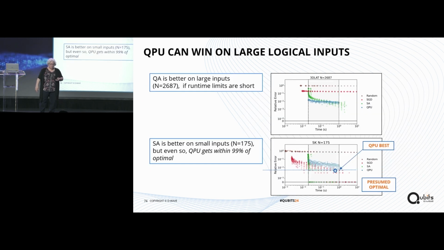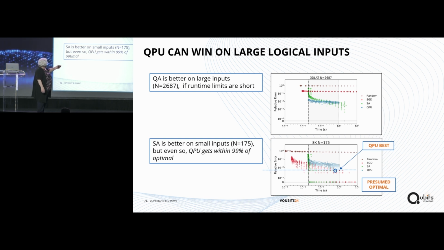Whereas on large and small logical inputs, if it's a large logical input, here we can see actually in this case, it's the largest logical input we know how to fit on the current Advantage machine. If you give it a second of runtime, simulated annealing has enough time to outperform the quantum samples. But if you give it a tenth of a second here in the middle of the graph, then that's a case where quantum annealing is doing better. So you give it less time, and quantum annealing can win because on this input, simulated annealing takes that much longer. So that's the crossover we're seeing.